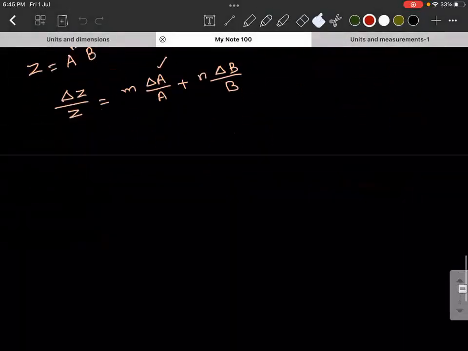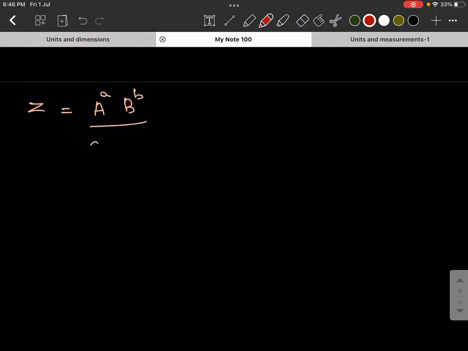So to be more specific, if there is a physical quantity Z equal to A power small a, B power small b divided by C power small c and D power small d, then the formula for delta Z by Z, the relative error that is occurring in Z, where assuming A, B, C, D everything has an error, will be equal to, you tell me, small a into delta A by A plus